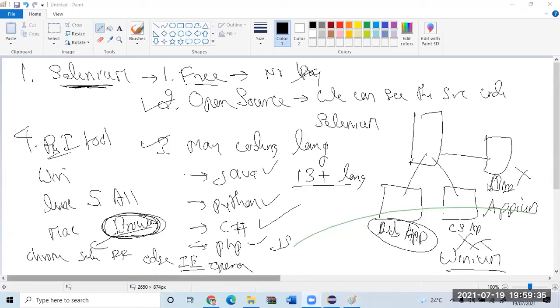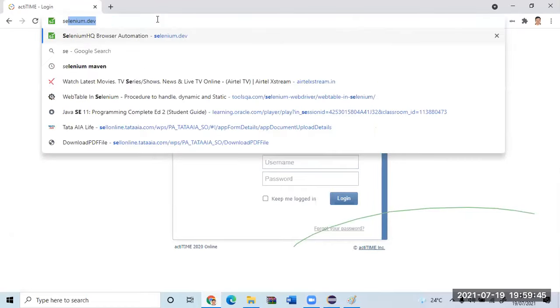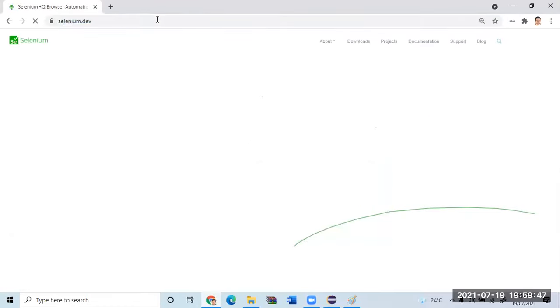No, sir. Too much of theory, I know. Okay, so now where do I download Selenium? Let us go to Google Mama and ask him Selenium. When I type Selenium, it will come to this website. Right? Let it open. Give me a second. Today my internet connection is super fast. I don't know all of a sudden what happened.